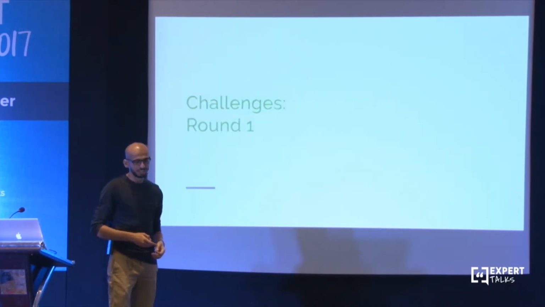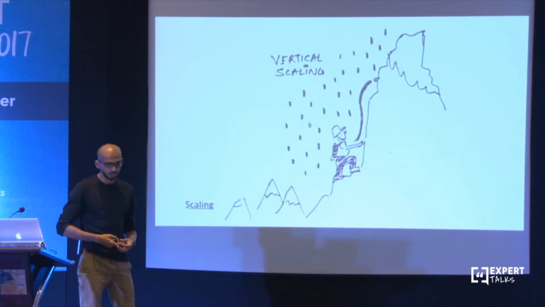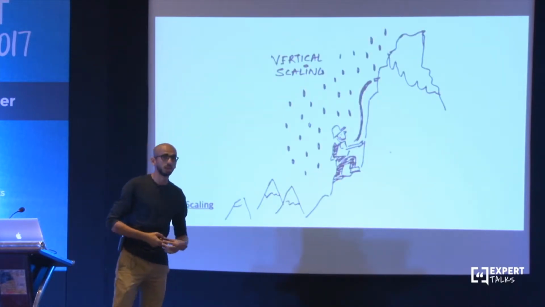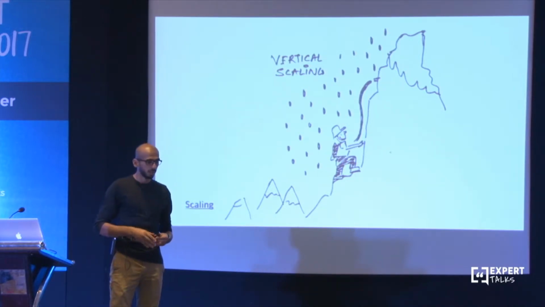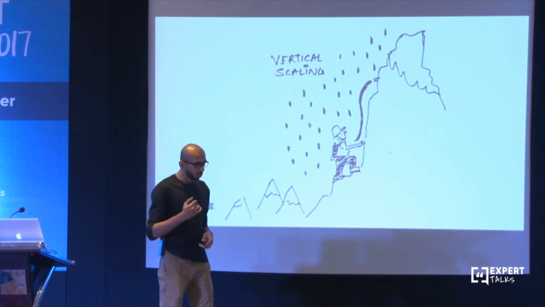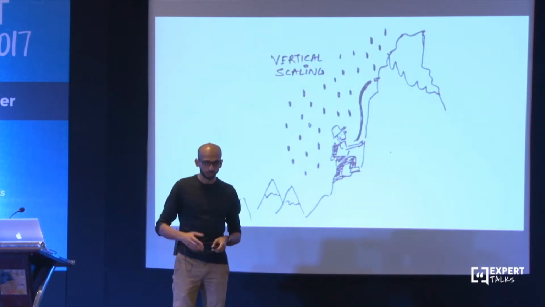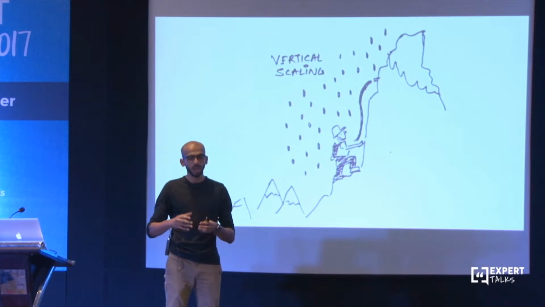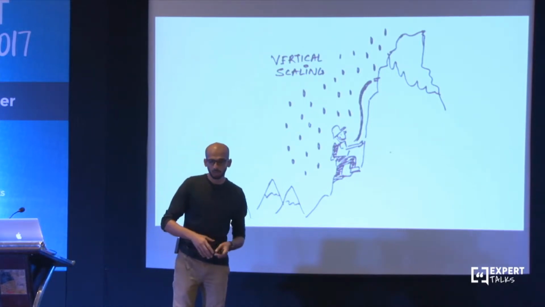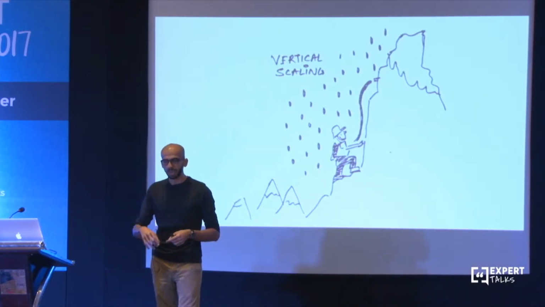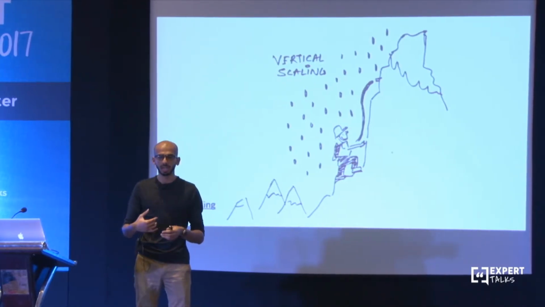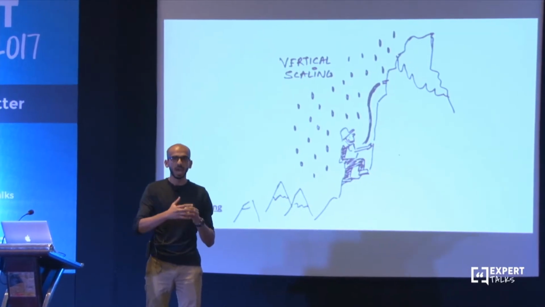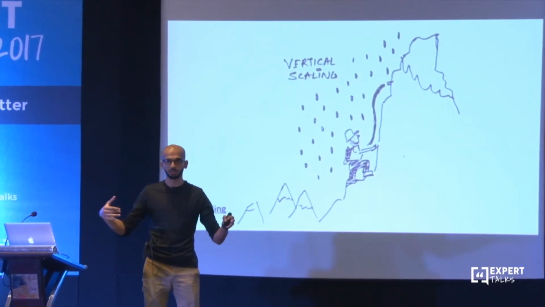So challenges. What are the challenges that we face with the regular architecture that we have? Well, one is vertical scaling, obviously. Now you're pumping in more and more data. And now this is where you have to make an interesting point. If you do not categorize the sources of your data and put everything into the same bucket, what you are effectively doing is paying for something that you want to access at low latency, while you're putting everything aside it, and as the system grows, your costs are going to grow as well.